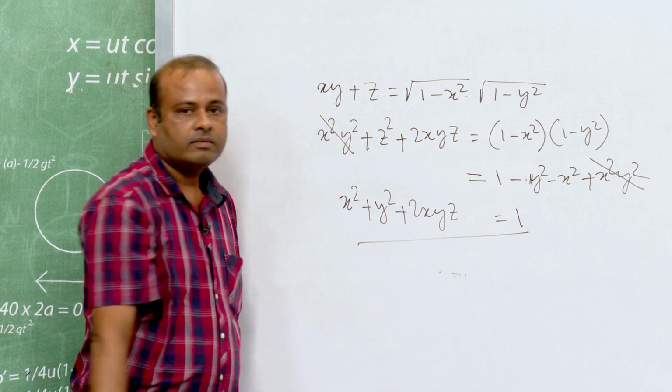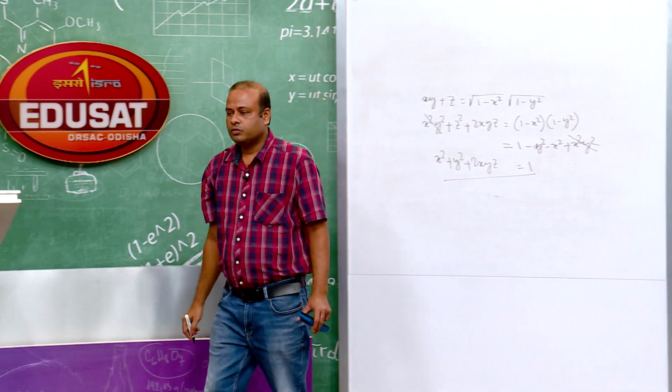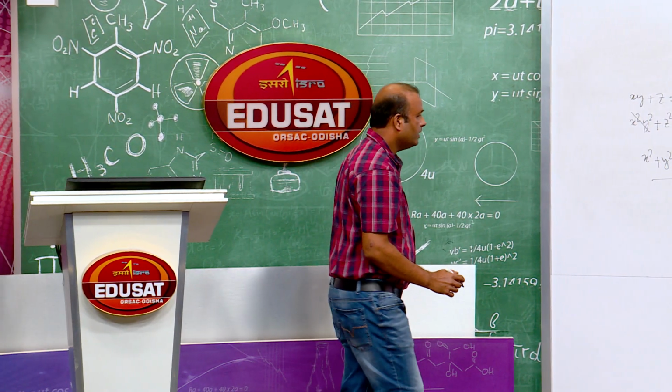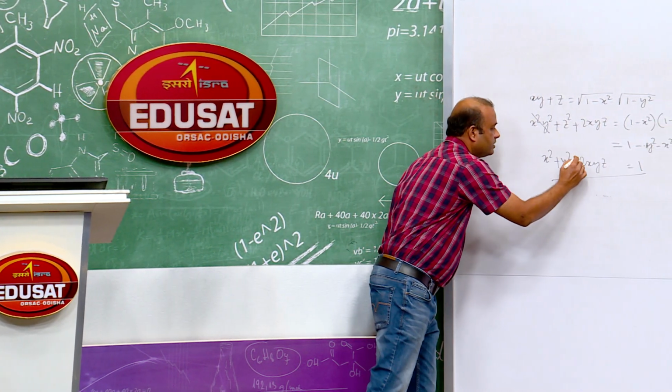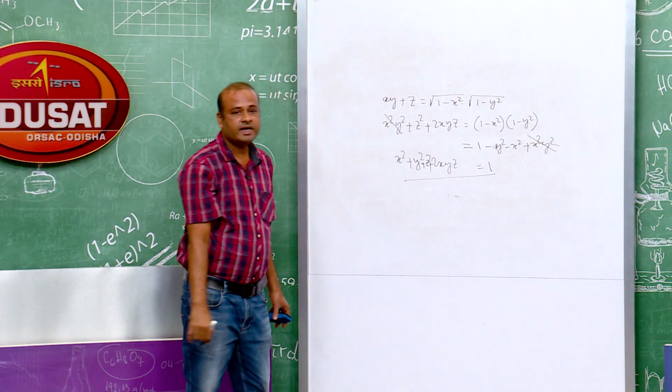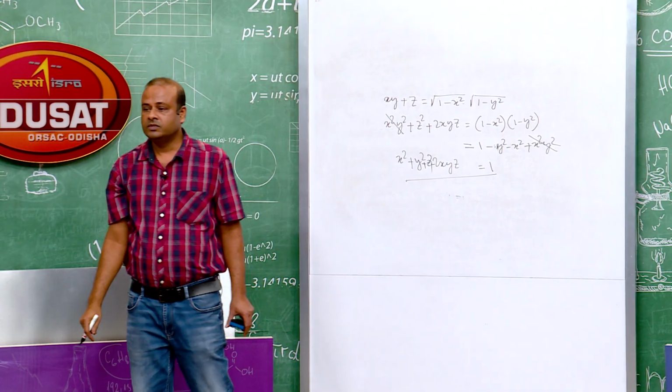So it is given to prove x square plus y square plus z square, I have missed z square here, plus z square plus 2xyz is equal to 1. Next to prove,